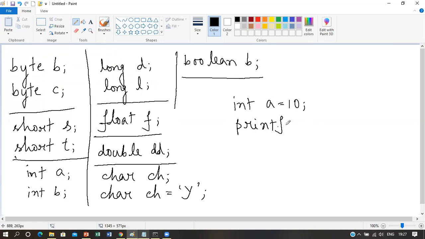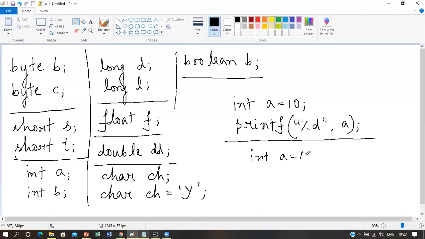So we can do it like this, where this %d is known as a format specifier, that we already know. But if you want to do it in Java language, you can do it like this. See that the variable declaration is the same here also.